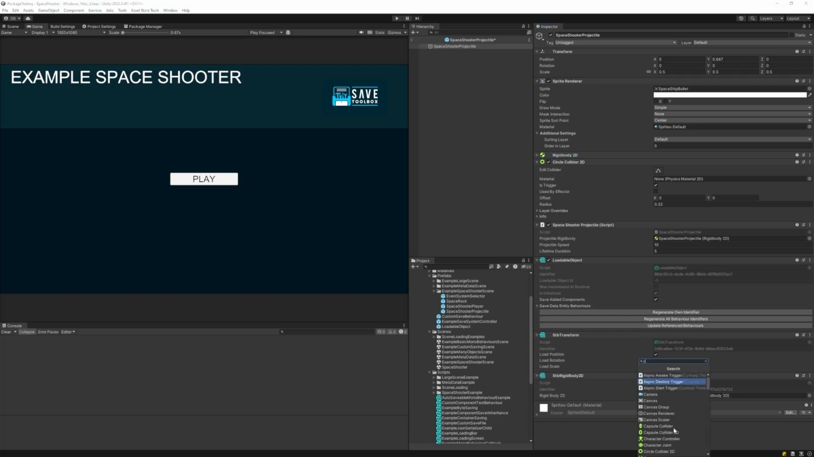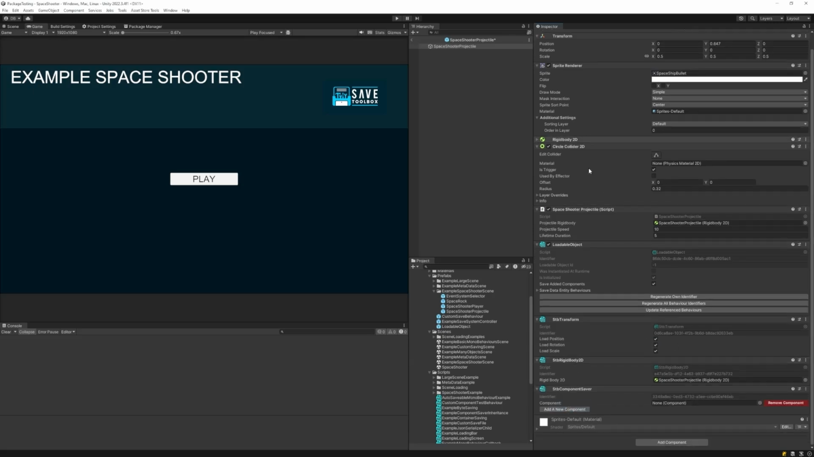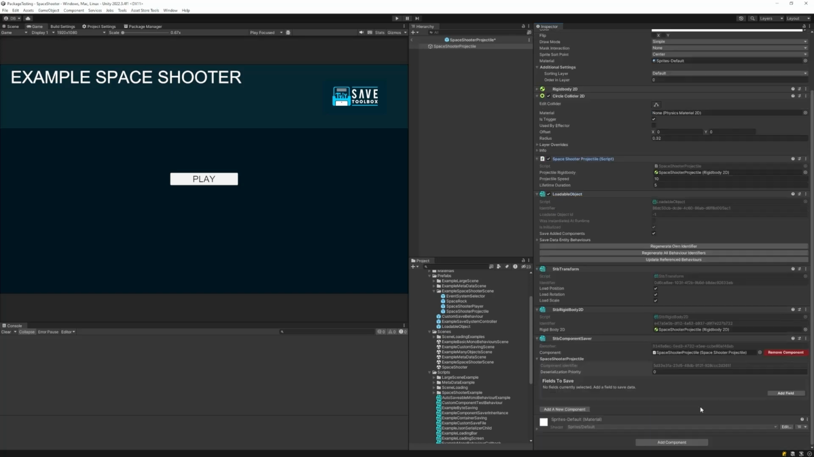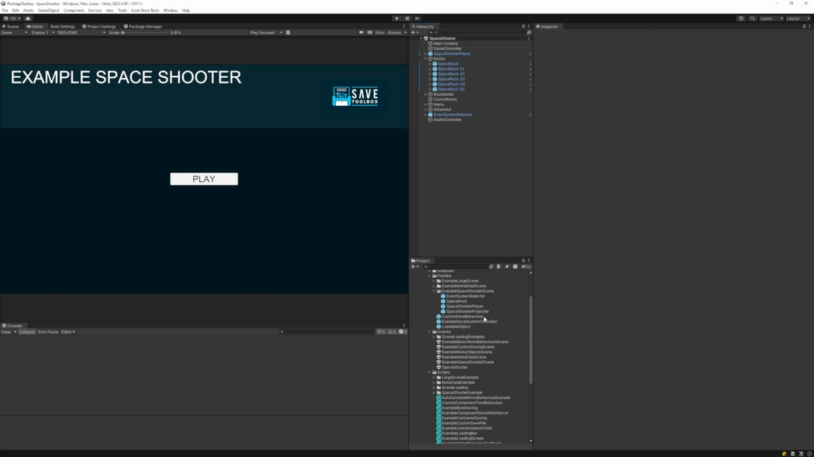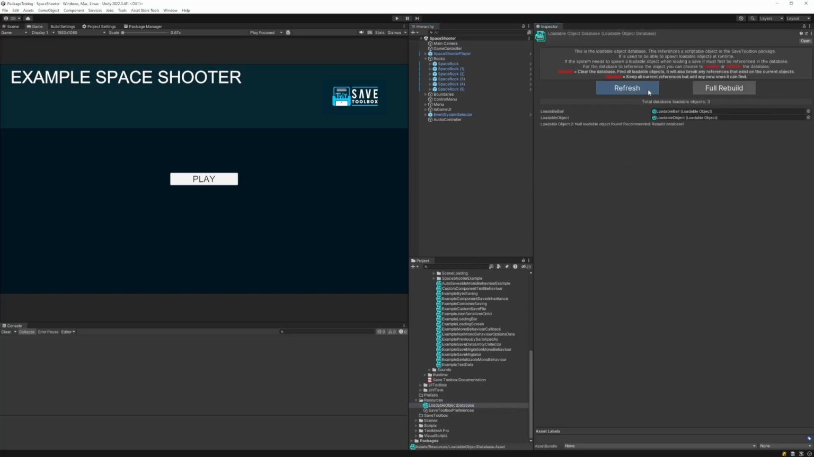And we're also going to want to add a component saver because we need to save some custom data, and that is on the space shooter projectile, and we're going to want to save the lifetime duration. The lifetime duration of the projectile is just how long it stays alive once we shoot it. Obviously, if we load a projectile that's already in the scene, we don't want to reset that life cycle back to 5 seconds. So if we leave there, we're going to want to go to the loadable object database,